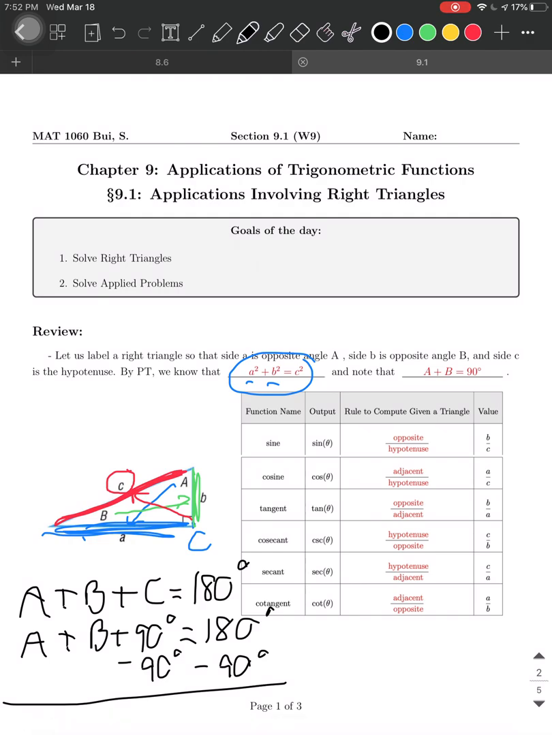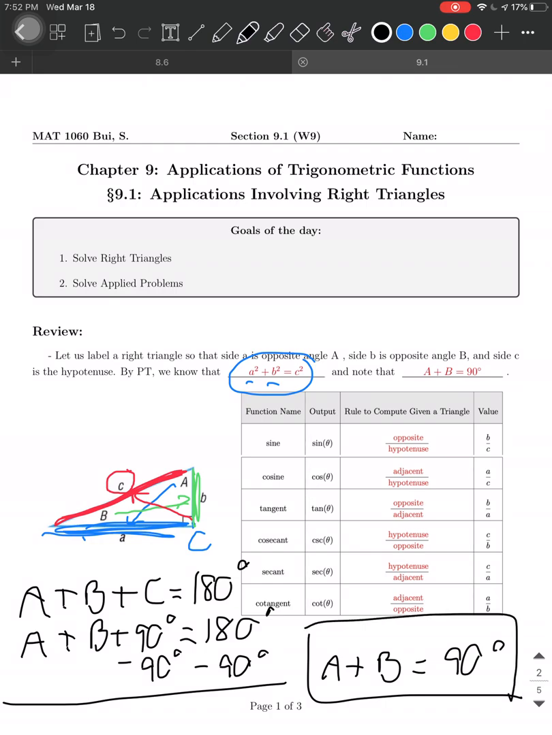Okay, it doesn't let me write it, so let me come over here and put A plus B equals 90 degrees. Okay, that's why we have this result in here. And as a quick review, we talked about